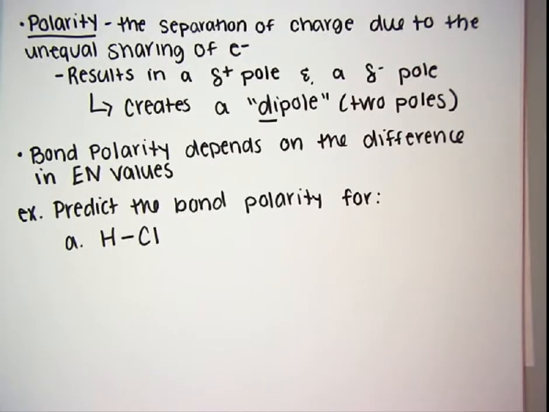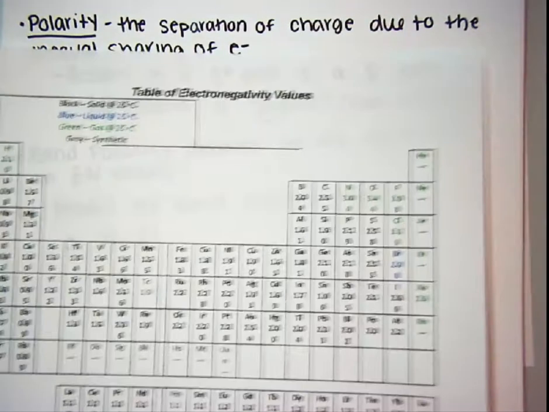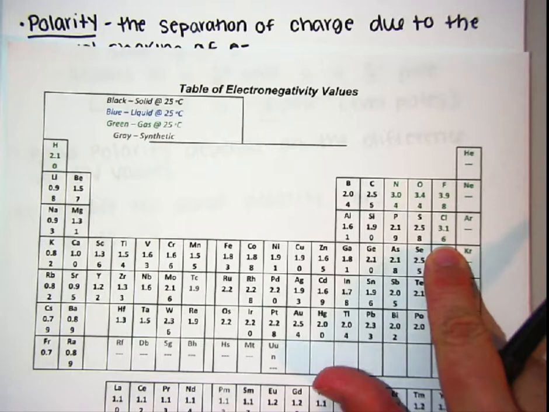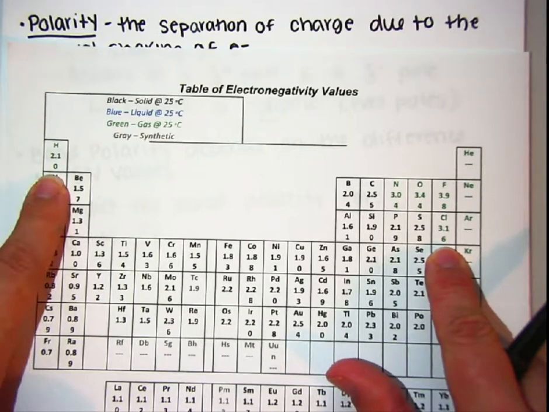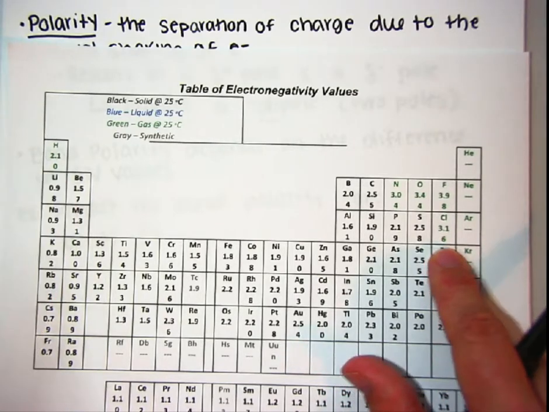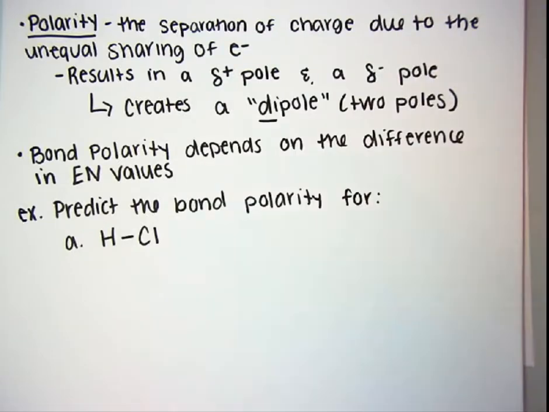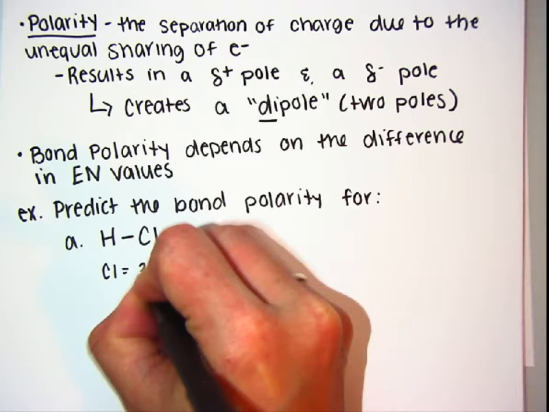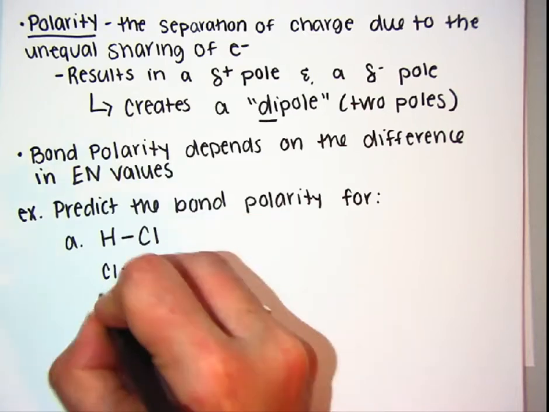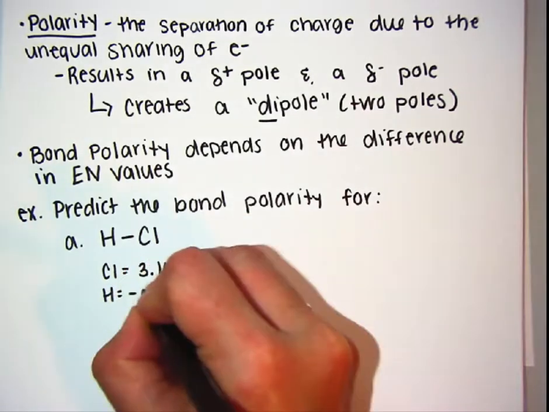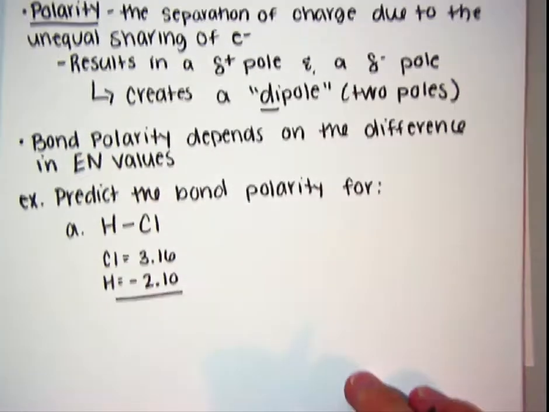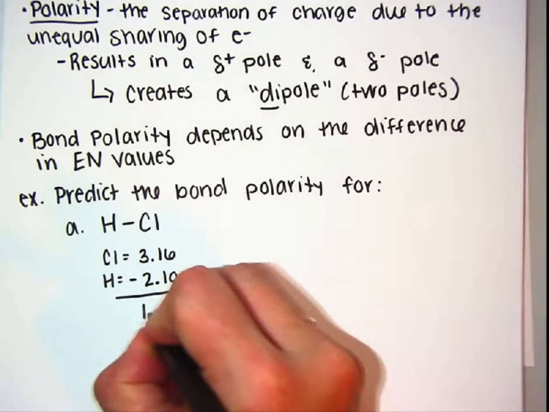So what we want to do is look up these two atoms on our table of electronegativity values. Chlorine is 3.16. Hydrogen, 2.10. We always want to do the bigger number minus the smaller number. So chlorine is 3.16. Hydrogen is 2.10. So my difference is